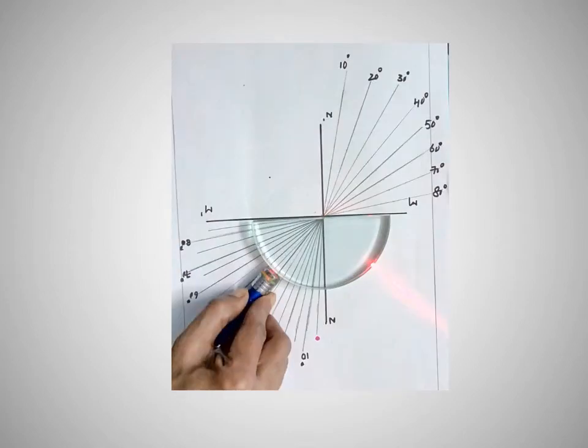So in the earlier case, I told that at 40 degrees, it touches the interface. So slowly, if you increase the angle of incidence, you observe a refracted ray in the same medium. Here the same medium means on the semicircular glass disc. So the particular angle is greater than 40 and less than 45. So this concept is called total internal reflection.